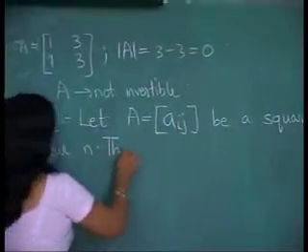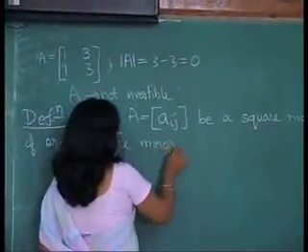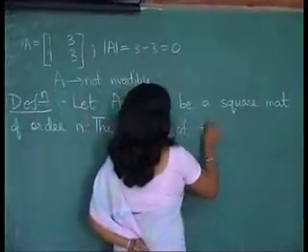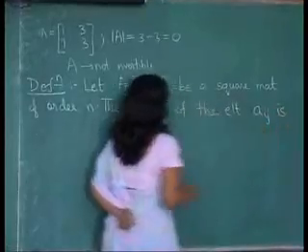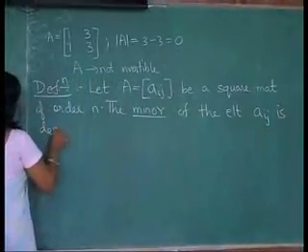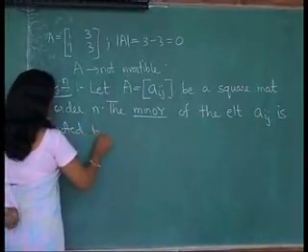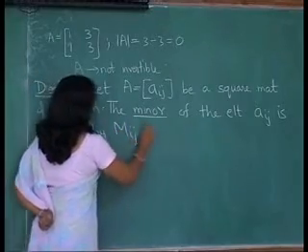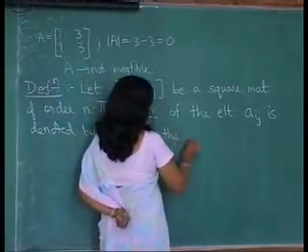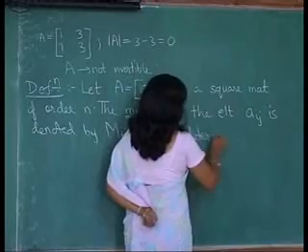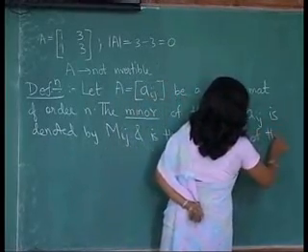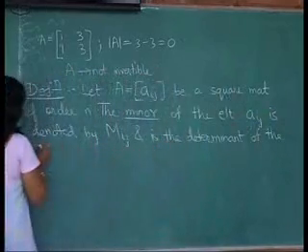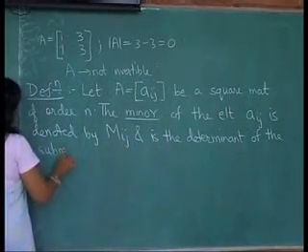The minor of the element Aij, denoted by capital Mij, is the determinant of the submatrix